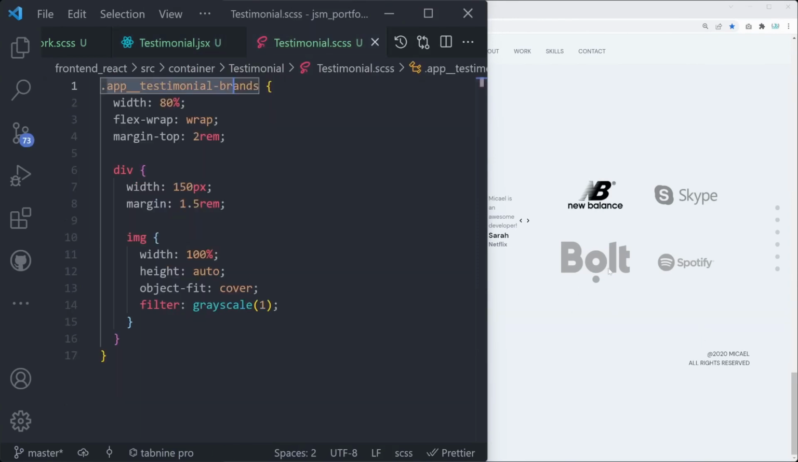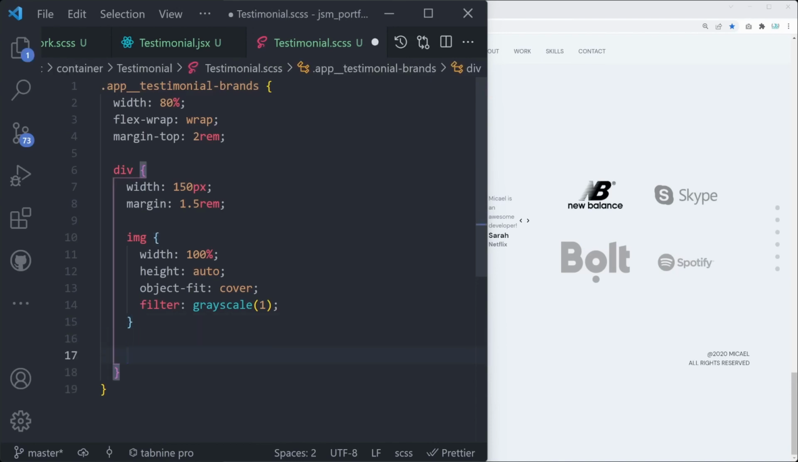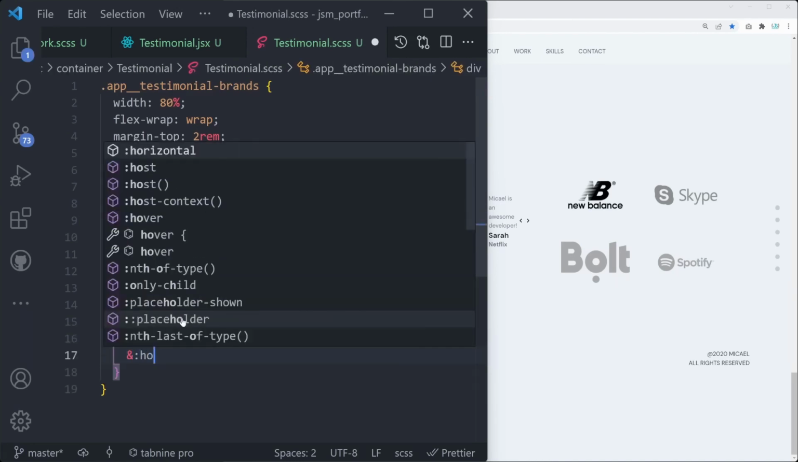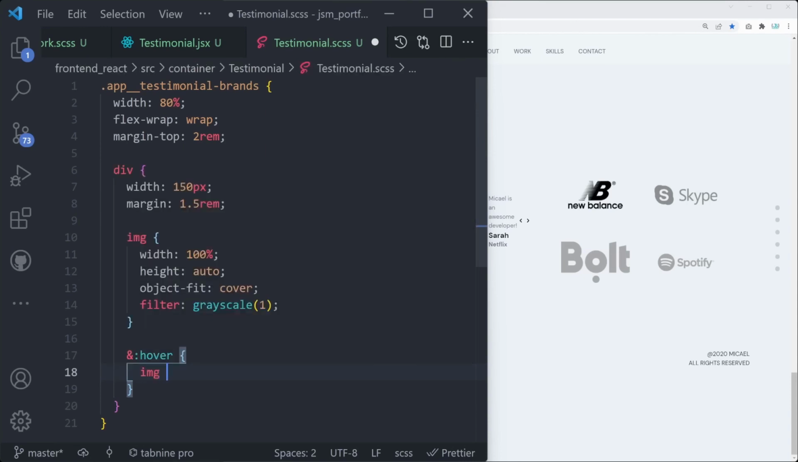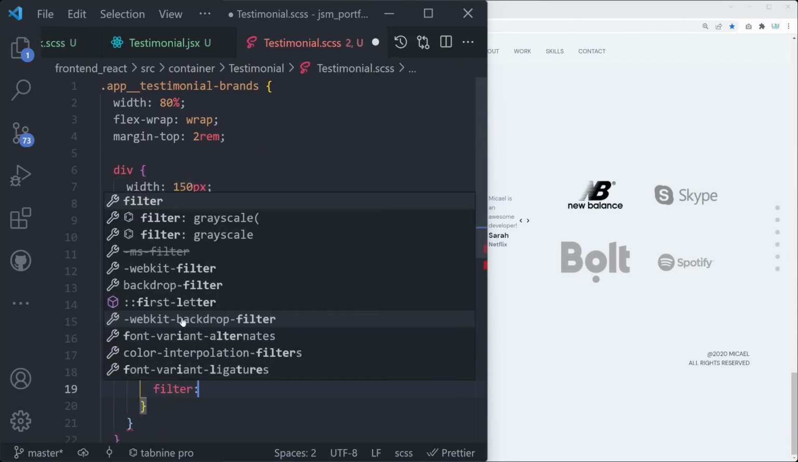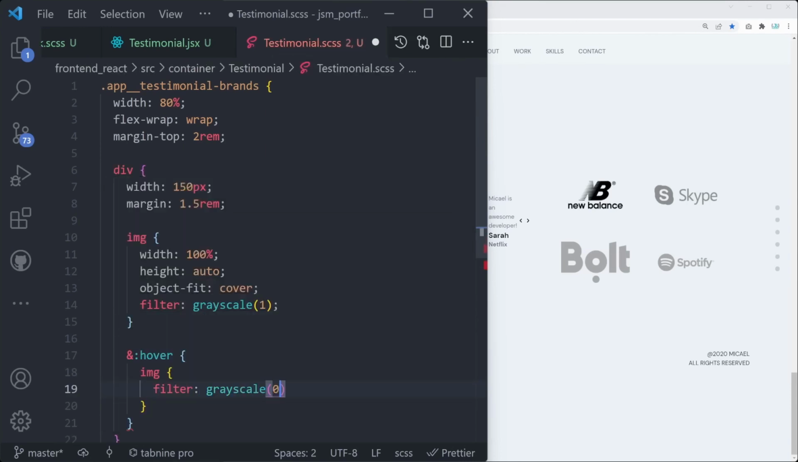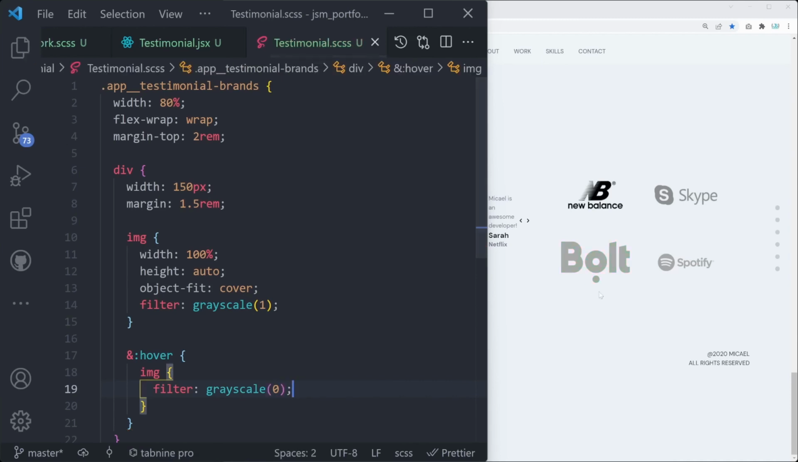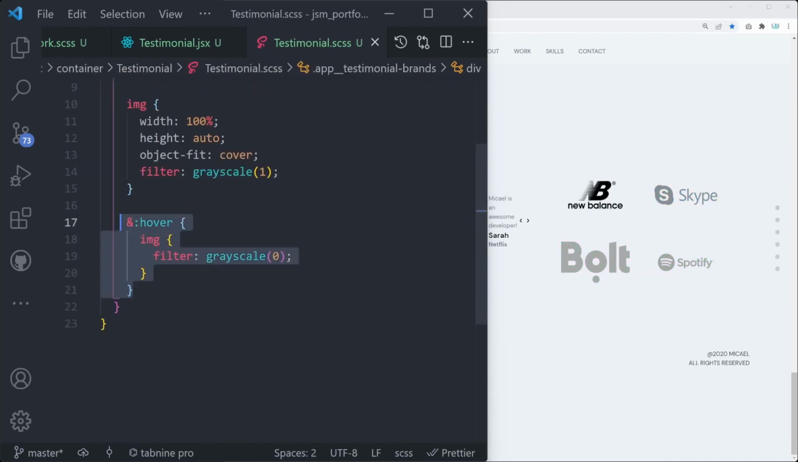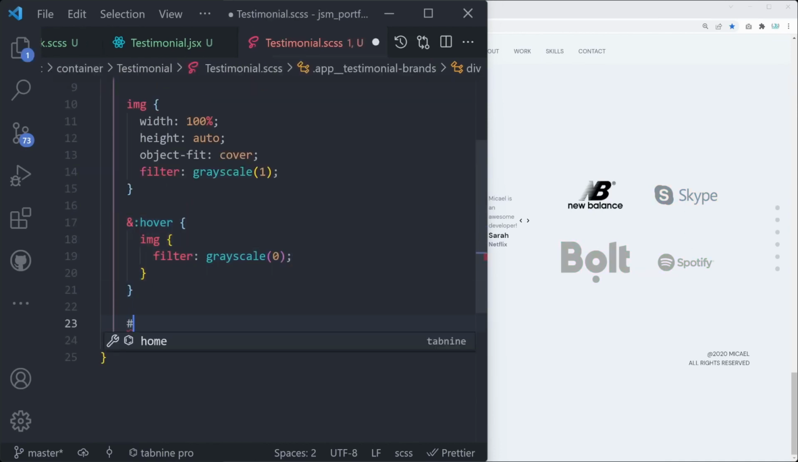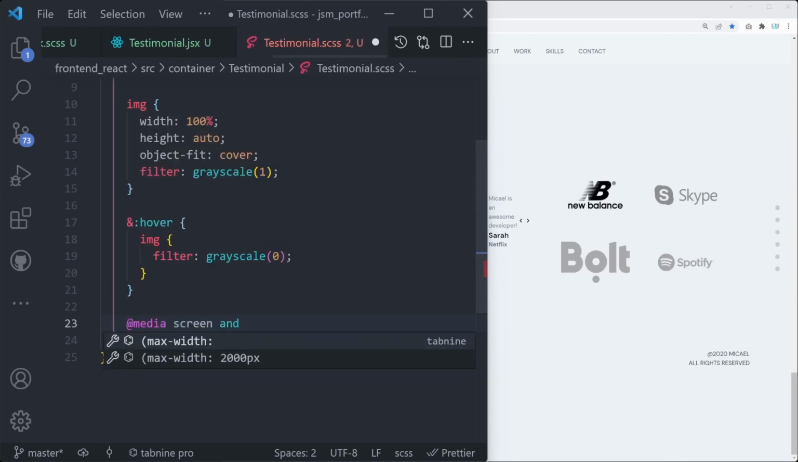Now, of course, they're not going to stay grayed out forever. Below this image, we can say and hover img, and then the filter is going to be grayscale 0. This is an amazing way to provide color on hover. Looking great. Below our hover, we can also apply a few media queries like @media screen, and min-width